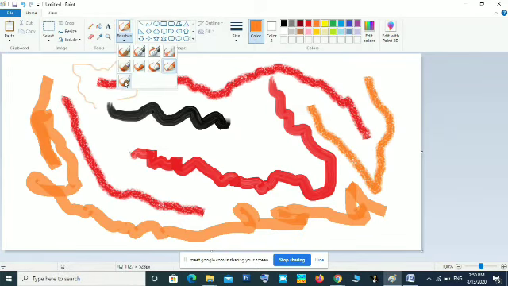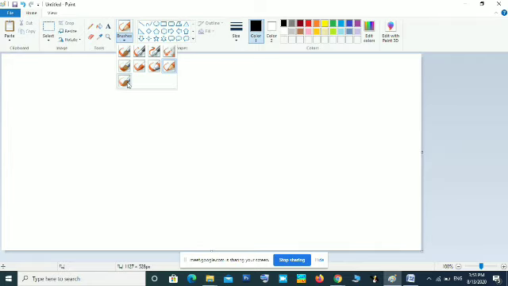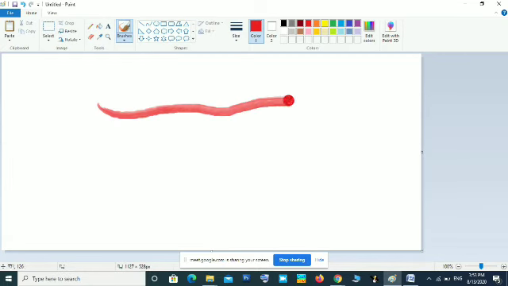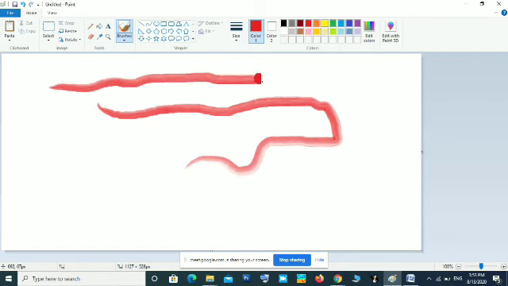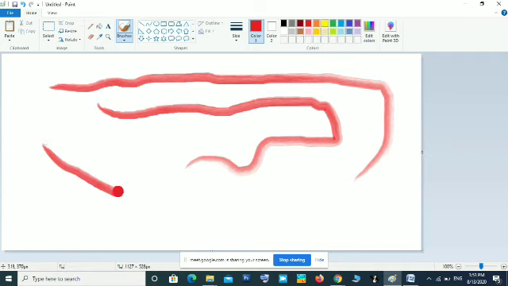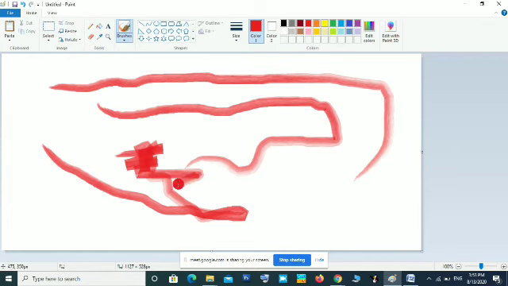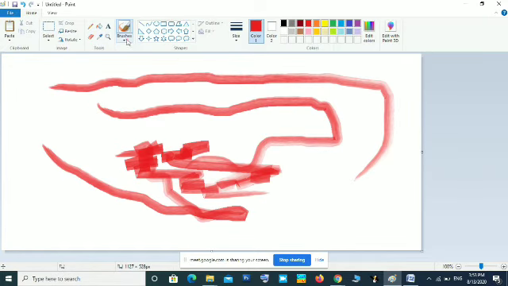The last one, okay, the last brush is the watercolor brush. Just like using watercolor, when you are moving the brush, it will start with high density in the beginning. When you are moving toward the end, it will get deeper and deeper. Okay, that is just like you are using watercolor. When you are dragging the brush, that color will end at the last end point. So this will have the effect of watercolor painting. According to the requirement of the painting, we can use these different types of brush.